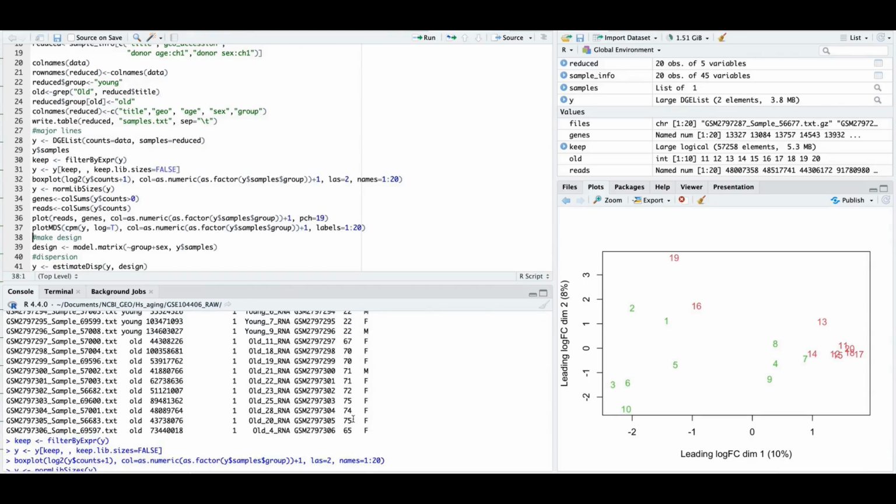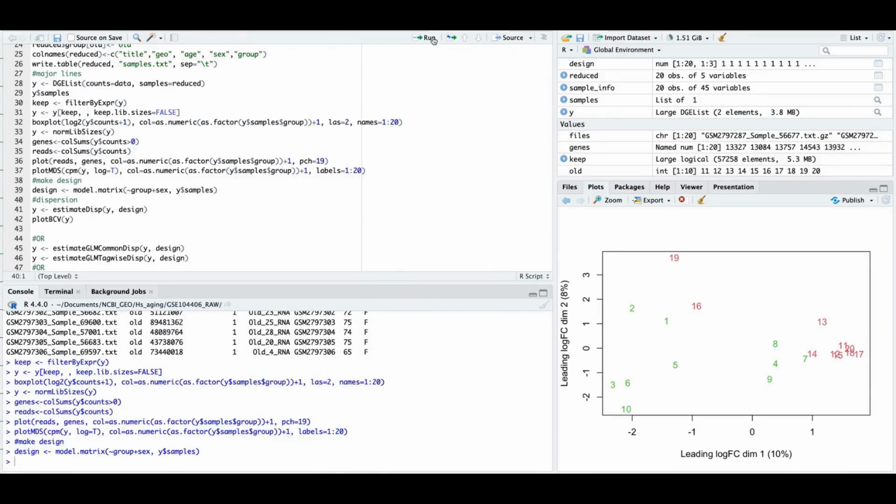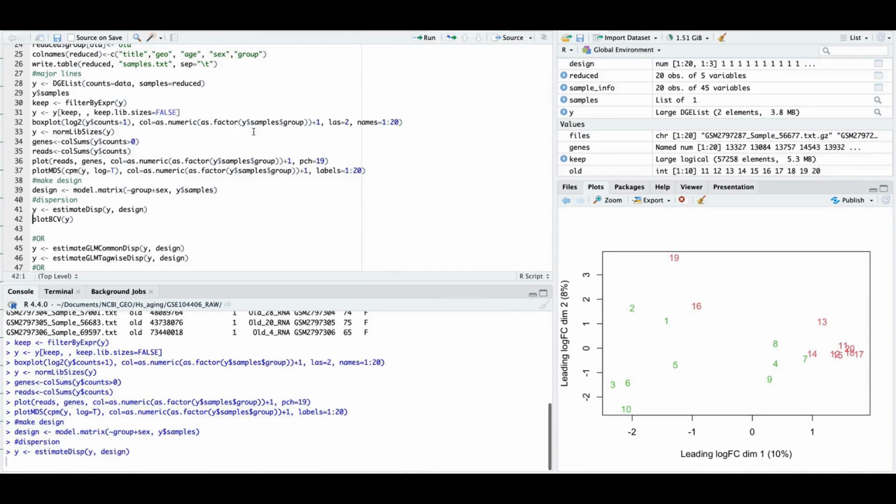Number 19, for instance, is a female, just as many others in the old group. And 14 is a male, which is not standing out in the old group, and so on. There is no problem with the gender outliers detected. So then we make a design group and sex together, and then we estimate dispersion, not a common one, but just